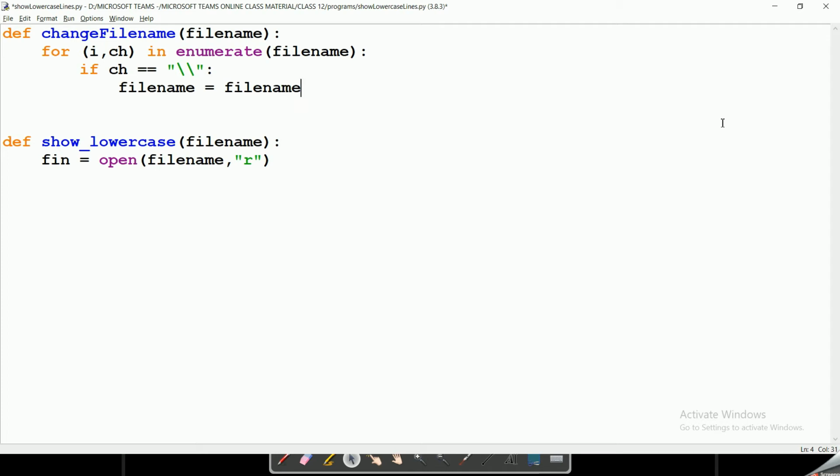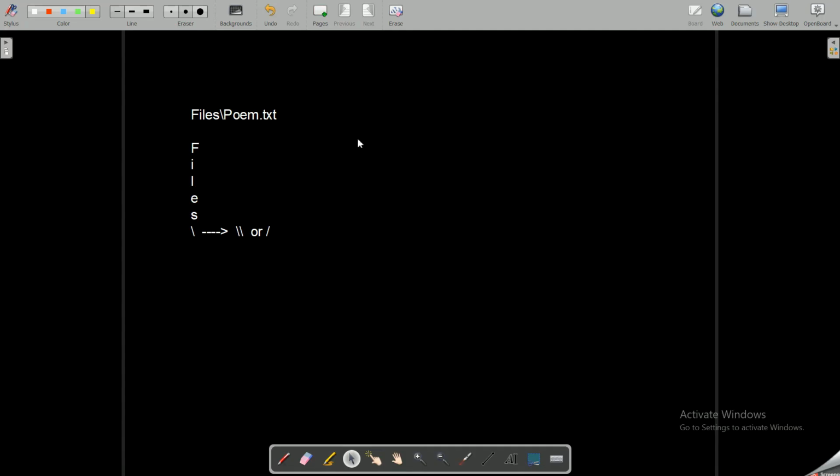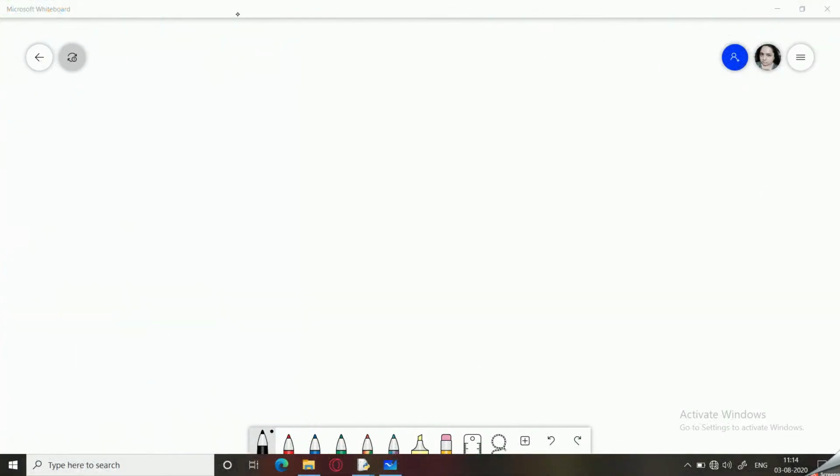Now, because file name is a string and a string is usually an immutable variable, what we need to do is, let me first specify file name in the form of a file over here, files poem.txt.